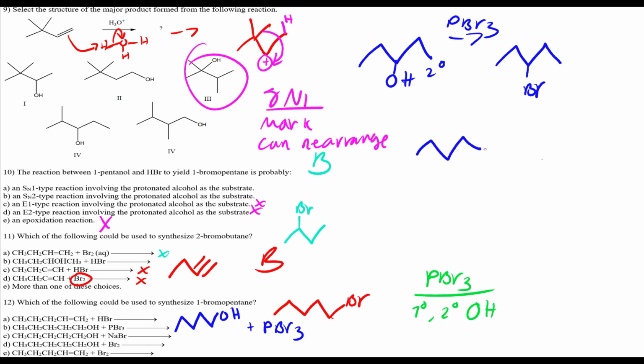What about this? Well, if you add PBr3 to it, peanut butter, right? I call it peanut butter. It would actually just take out the alcohol and add a bromine to it. That's it. Pretty simple. Now, another thing that you need to know is that if you're dealing with tertiary alcohols,